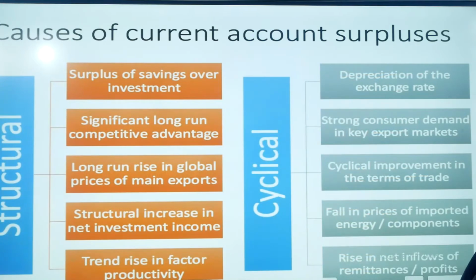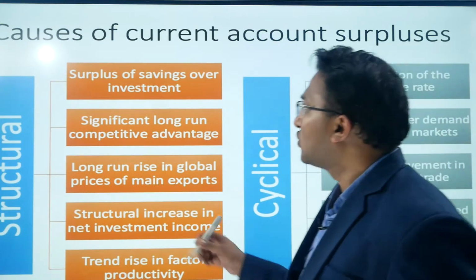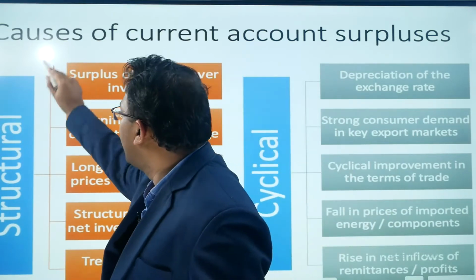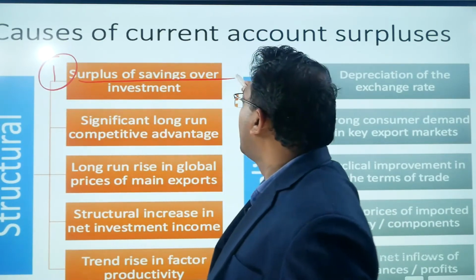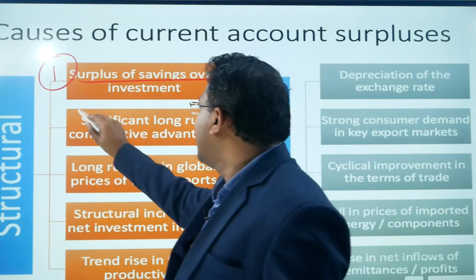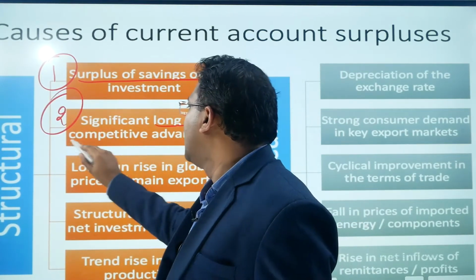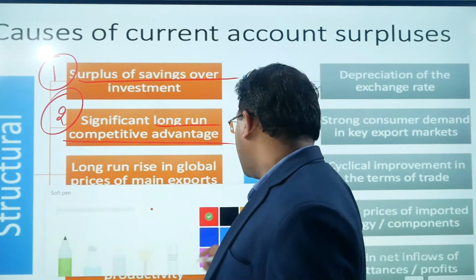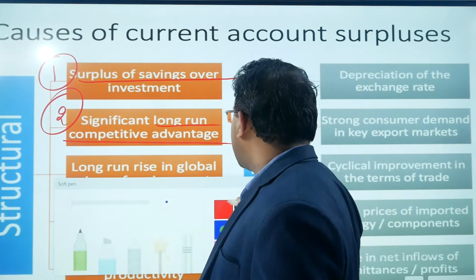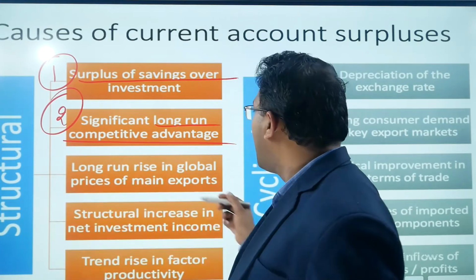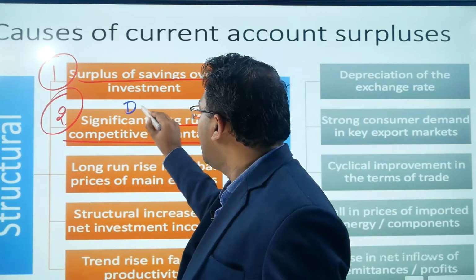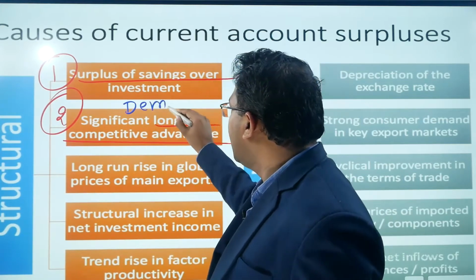Now what are the causes of current account surplus? This is just the opposite. First of all, there is surplus of saving and investment. So the savings rate is good, investment is good. Second, significant long run competitive advantage. There is a possibility of long run competitive advantage. For example, if we talk about India, in India we have an advantage in the form of